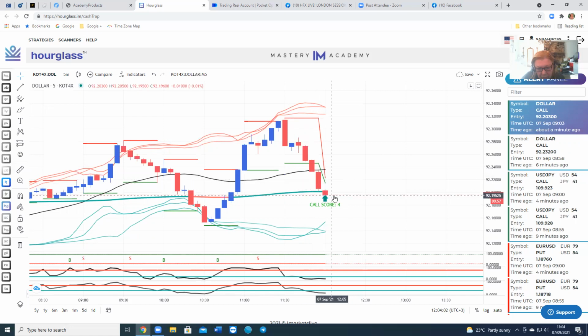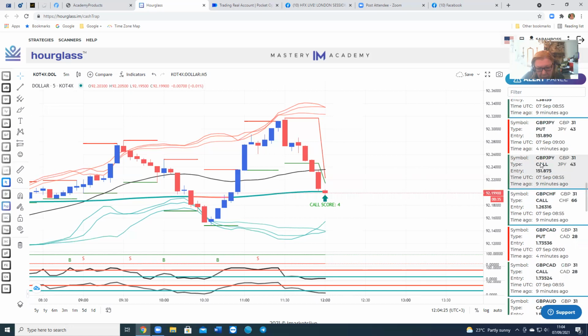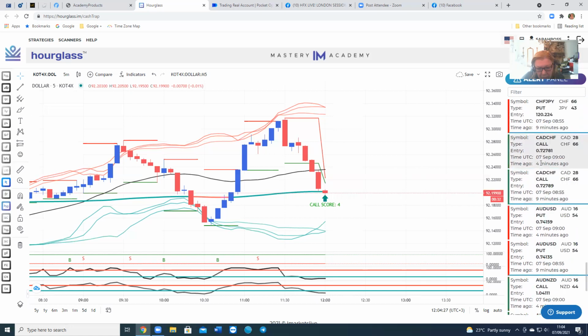So I missed that trade, probably on the 5-minute candle, because we trade each 5 minutes; each of these bars is a 5-minute candle. Then once that starts to move up, sometimes it doesn't always happen on the hour, like on the trade I took, it can happen at 5 past. So once we see the dollar actually turning, then we'll get that trade again on the Australian dollar for the